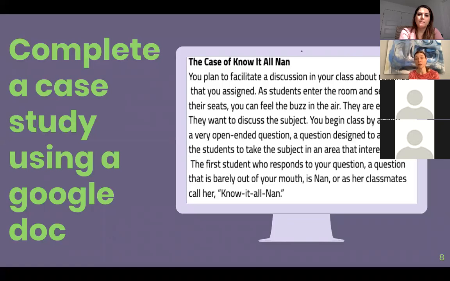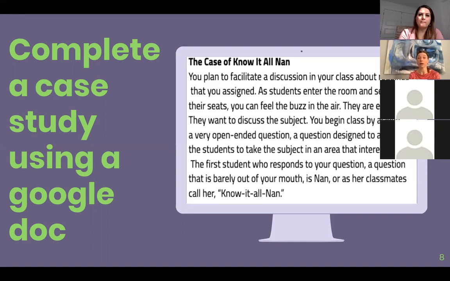This is an example case that we used in a CTL workshop about an over-participator called Know-It-All Nan, and we worked with some of our instructors who came to us through CTL to talk about how we would manage an over-participator. But there's a couple of different ways that you can do this. The Google Doc is advantageous because then you can assign either the same case to each group and then get the groups to look at how other groups solved the case by switching the access over through one main spokesperson for the group.